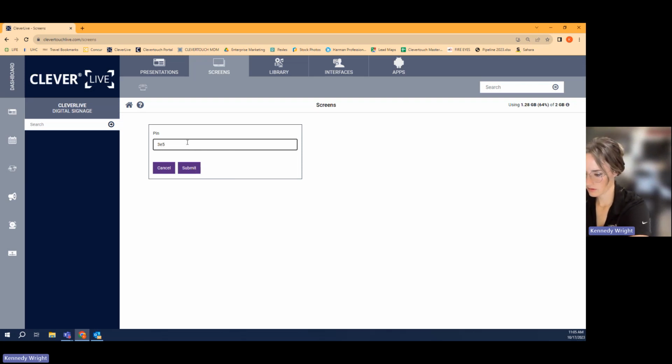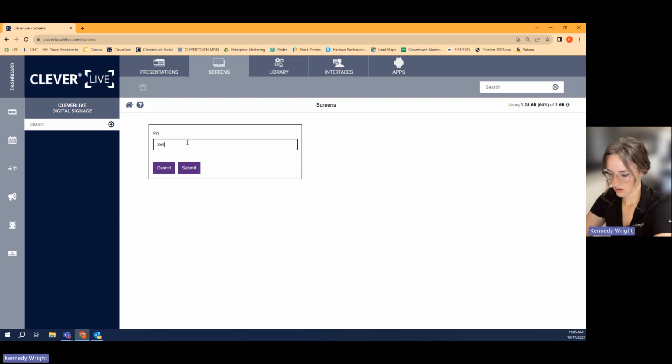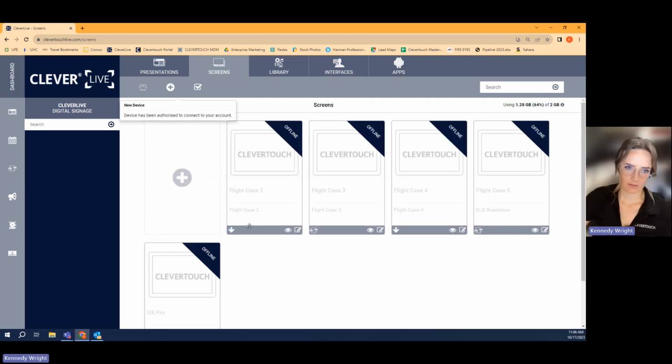Enter that in here. 6B2CD. And these PIN codes do refresh, so this PIN code is not assigned to my room booker indefinitely. It's assigned for a short period and then it'll refresh and have a new PIN code. If you ever delete that screen and then add it again, it's not going to be the same PIN code. So we're going to add that, and while that is syncing,